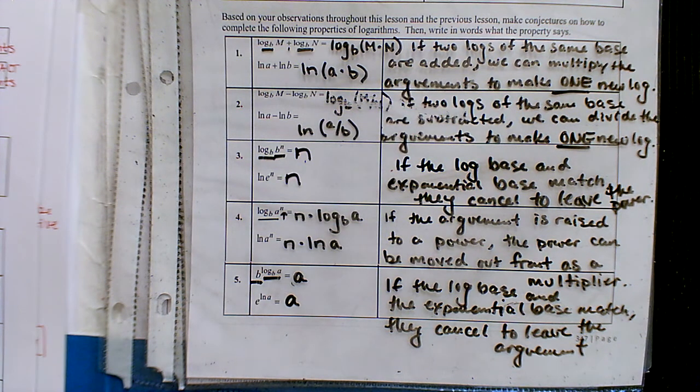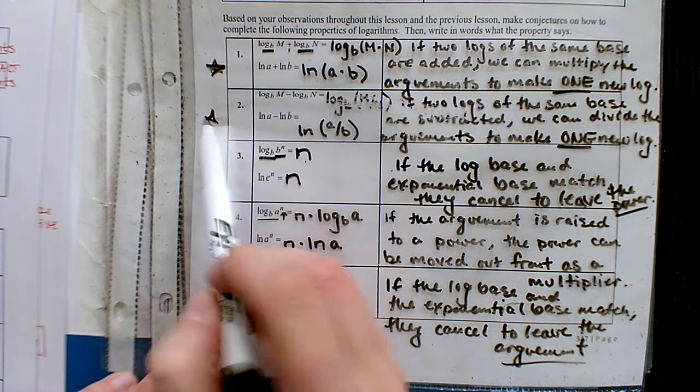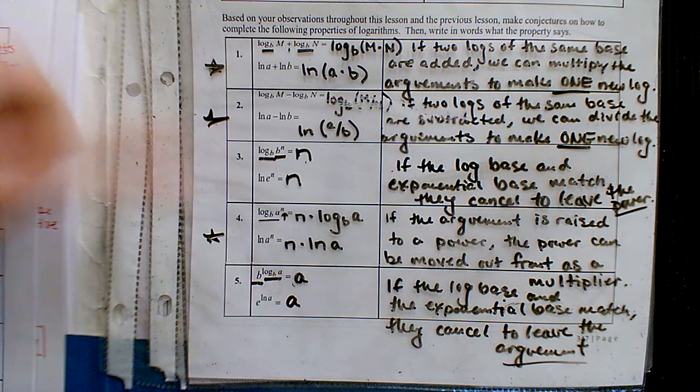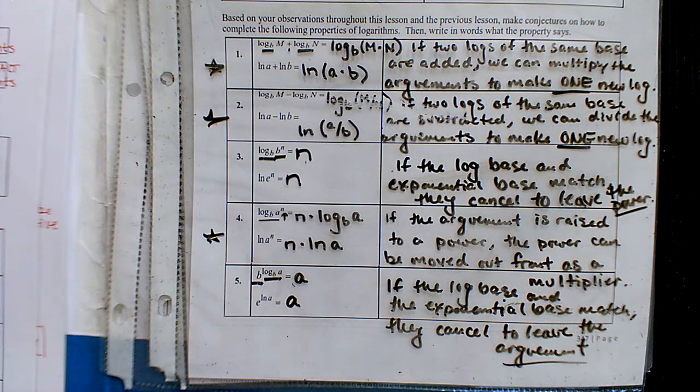It just depends how it's set up that will determine what you're left with, either the power or the argument, based off the example. So keeping these 5 in mind, I would say 1, 2, and 4 are the bigger ones that we're going to be using when we solve these logarithmic equations. But 3 and 5, since they're connected, are nice to know, because if things cancel out or go away, that's always a nice thing to help us. So we'll keep those in mind, but 1, 2, and 4 are definitely the big ones that I want us